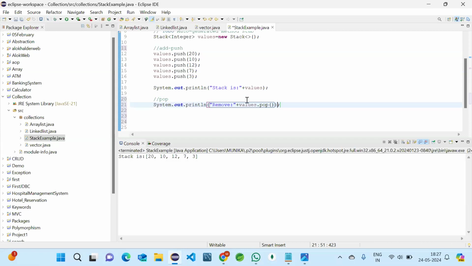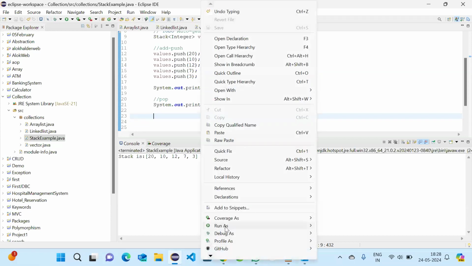So coming to stacks, we cannot delete using an index value. As I said, it is last in first out, so every time we should remove the last item only. So we can perform only pop. It will automatically print what it is taking in the output.